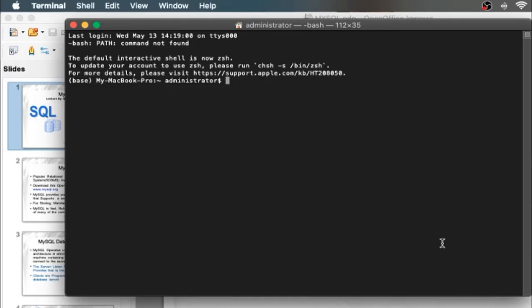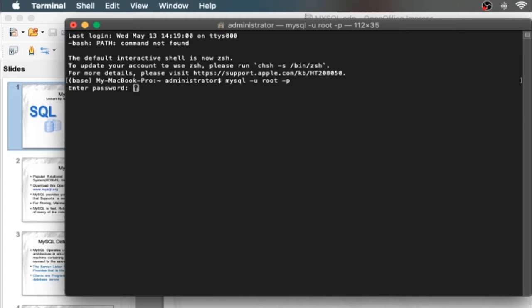As we discussed so many things in SQL, we are going to begin today's practical session in SQL. So let's see here. This is my SQL window. I am going to write mysql -u for the user, and my username is root, -p for the password, and I have to enter the password.